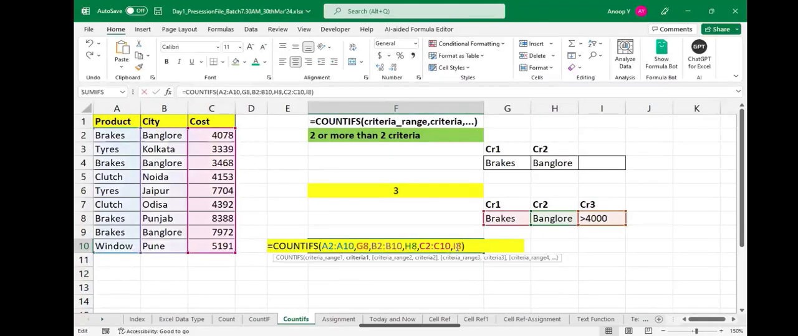Yeah. So in the third, similarly, you have to pass the range, comma, criteria, then range, comma, criteria, then range, comma, criteria. That's it. So if your first criteria is breaks, then you have to pass the range first. So the range is A2 to A10, then the criteria is G8. Then for the second criteria, the range will be B2 to B10, then the criteria is H8. For the third, C2 to C10, then we have cost greater than 4,000, which is written in the I8 cell,